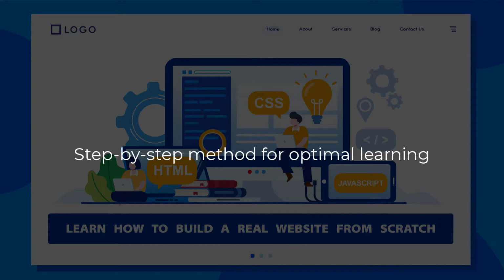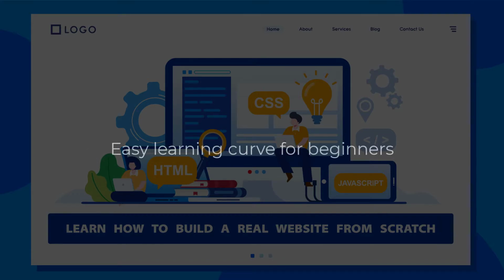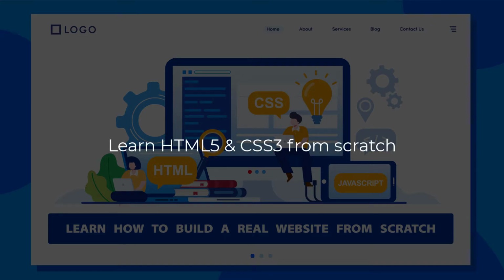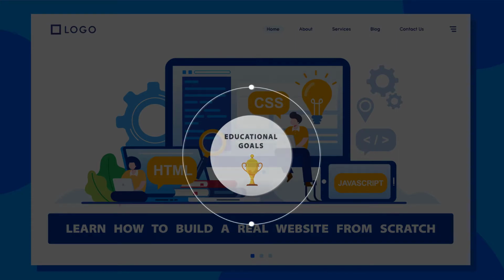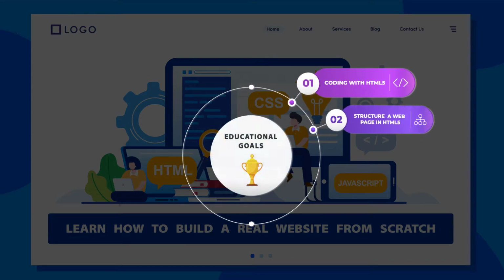In this course, we will go step by step. You will learn in an easy and fun way, starting from scratch, without any prior knowledge requirements. By the end of this course, you will be able to use HTML5 code, structure a web page in